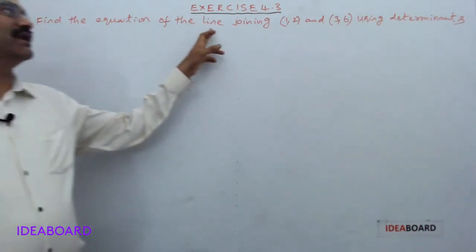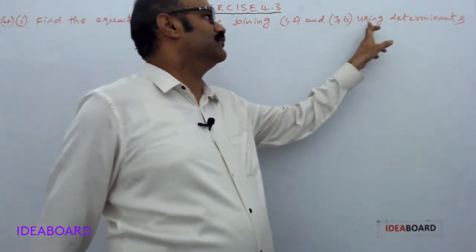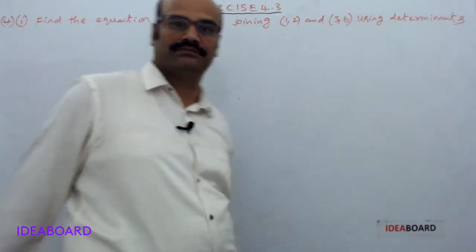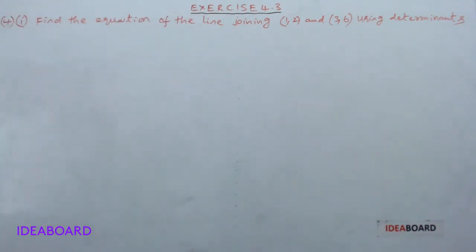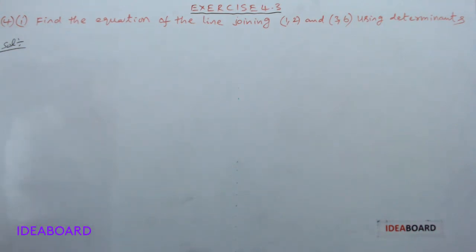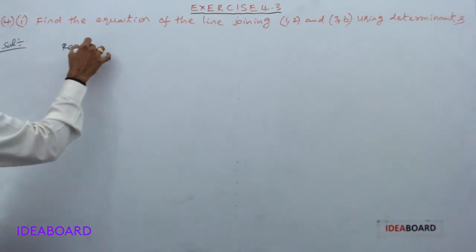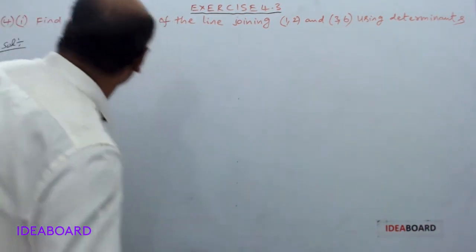Find the equation of the line joining (1, 2) and (3, 6) using determinants. Solution. We know that the required equation of line is